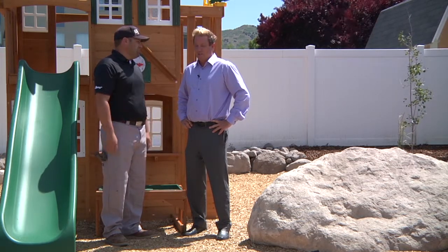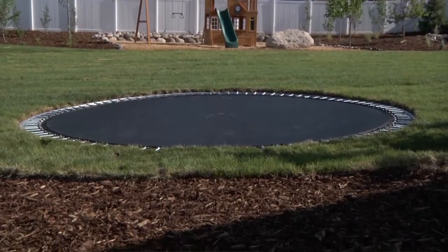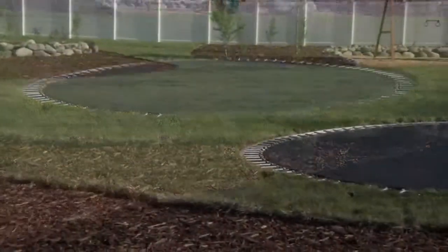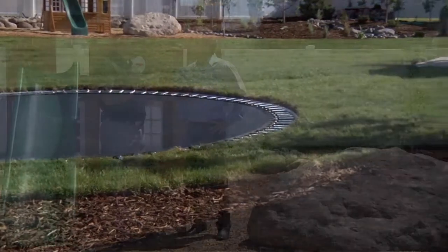It's safer than just what we used to play on. That's great. And so I noticed you also put a trampoline over there. Trampoline is a proprietary way that we are able to dig it into the ground so that you don't have to put this big, massive structure around it. It costs a lot for the